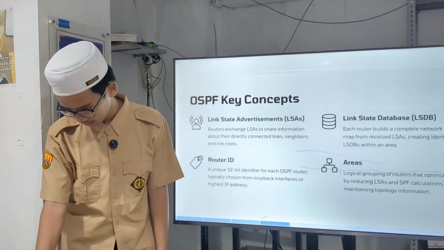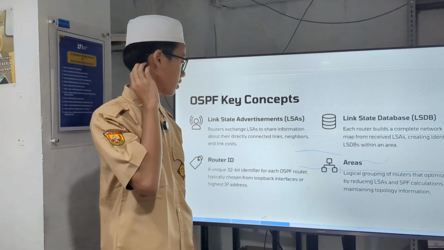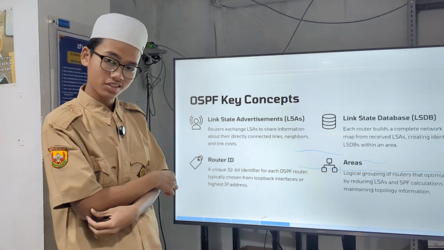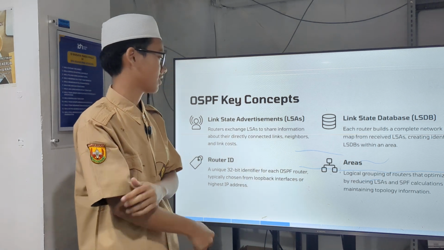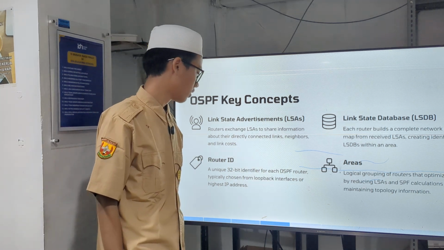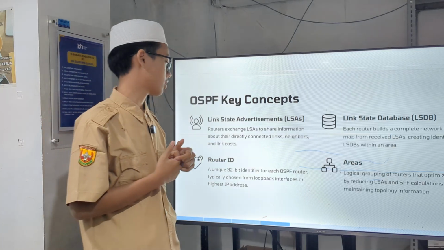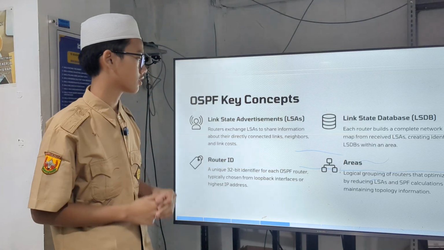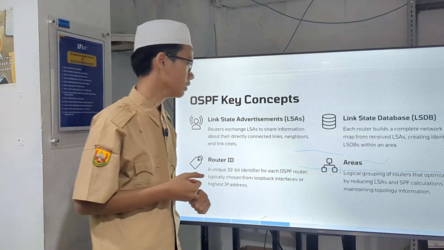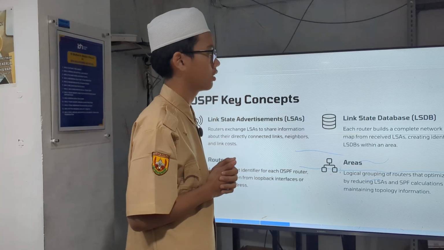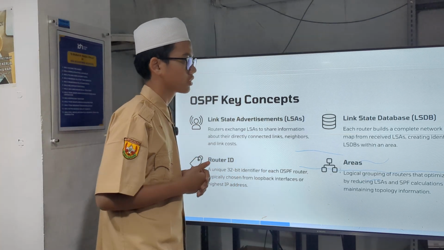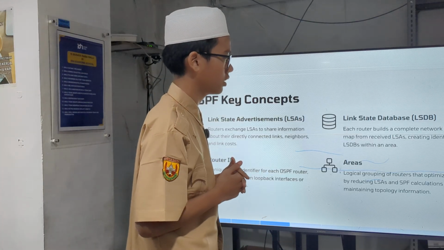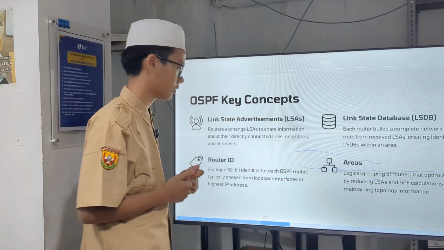Okay, next point, the key concepts of OSPF. The first is link state advertisement, where routers exchange LSAs to share information about their directly connected links, networks, and link cost. Next is the link state database or LSDB, because each router builds a complete network topology map from received LSAs, creating identical LSDBs within an area.